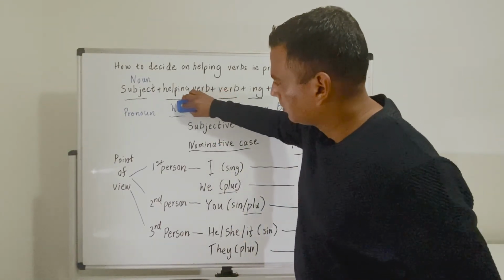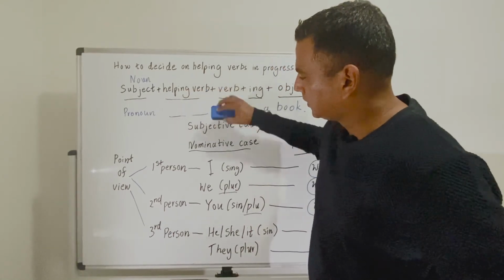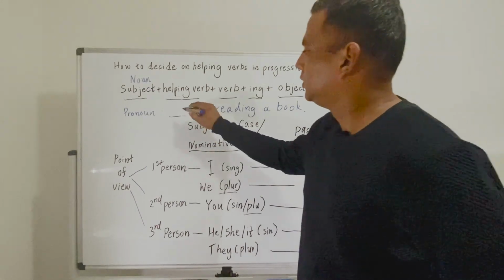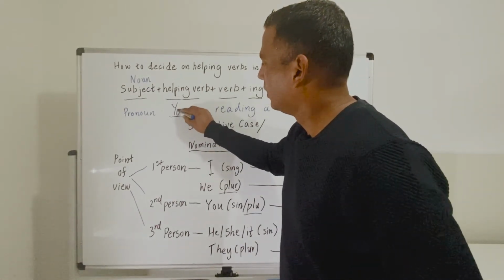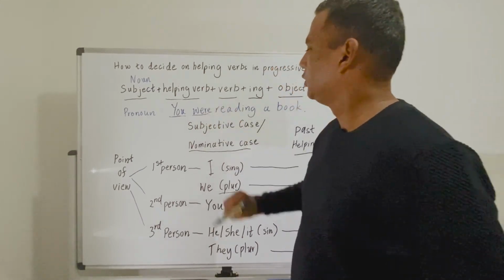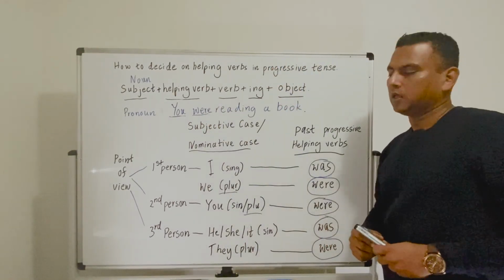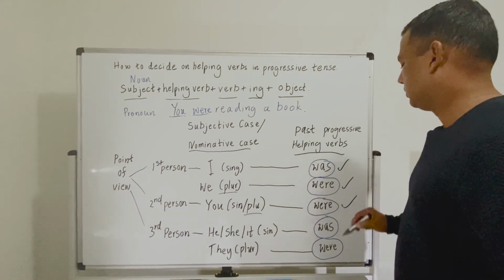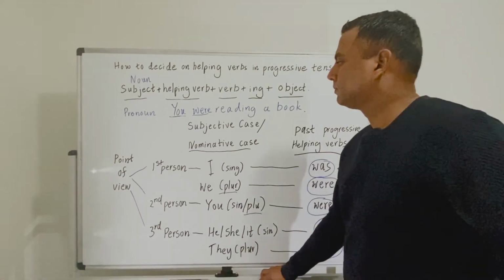So here we are talking about something that had happened in the past. So obviously it's past progressive, right? And then if we use you were reading a book. Okay, see, now we did was, were, and then